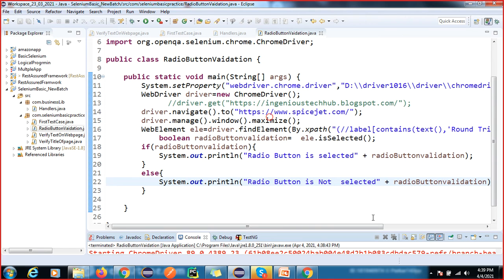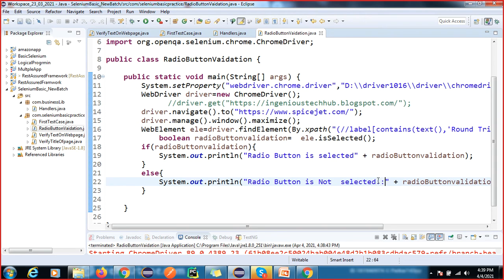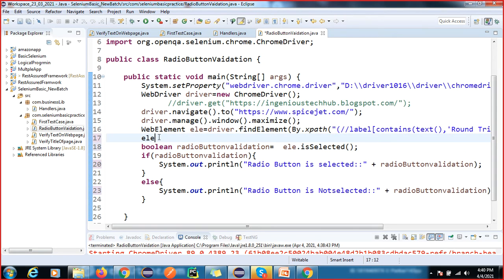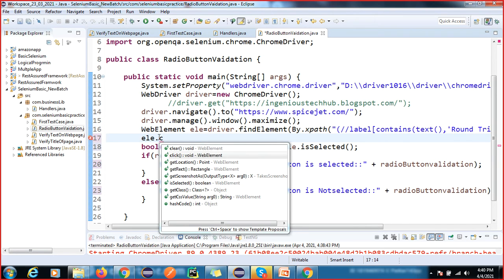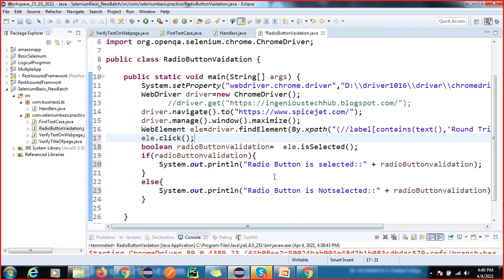Then how to select this? Now what you have to do is click here. Before the isSelected method we have to click. So I will do click. Now it will select and it will return true.